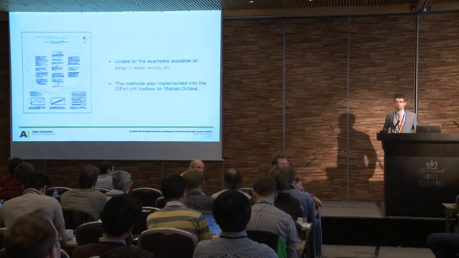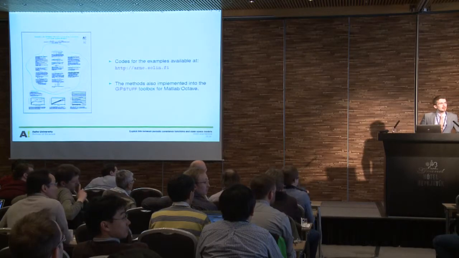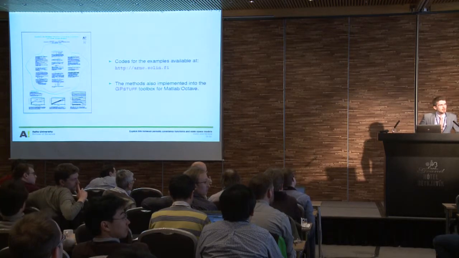Okay, questions? Nice talk. The Kronecker trick that you showed very briefly, is that correct for any product of two covariance functions, or is it specific to the periodic ones you were showing? Yeah, that's actually a good question, and it is valid for any representation of this type. If you have the state space formulation, you can construct the product of two covariance functions in this way. It's actually very nice.